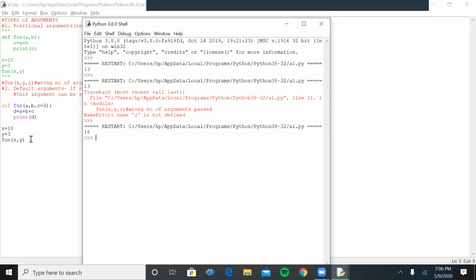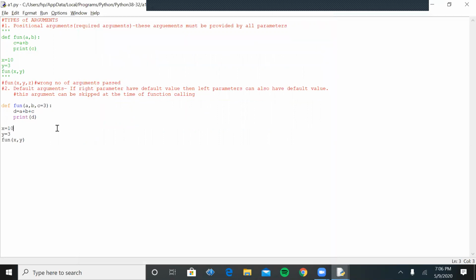That is why the default argument is working here, because default arguments give us the option to skip them at the time of calling.